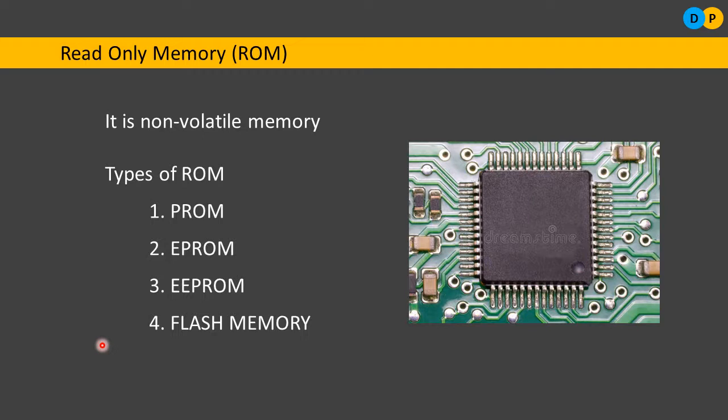In this video, we have studied what is meant by RAM. RAM is volatile in nature, has the random access property, and is a read-write memory. In RAM there are two different varieties: static RAM and dynamic RAM. ROM is a read-only memory. It also has the random access property, but it is read-only and non-volatile in nature. There are four different types of ROM: the first one is PROM, the second is EPROM, the third is EEPROM, and